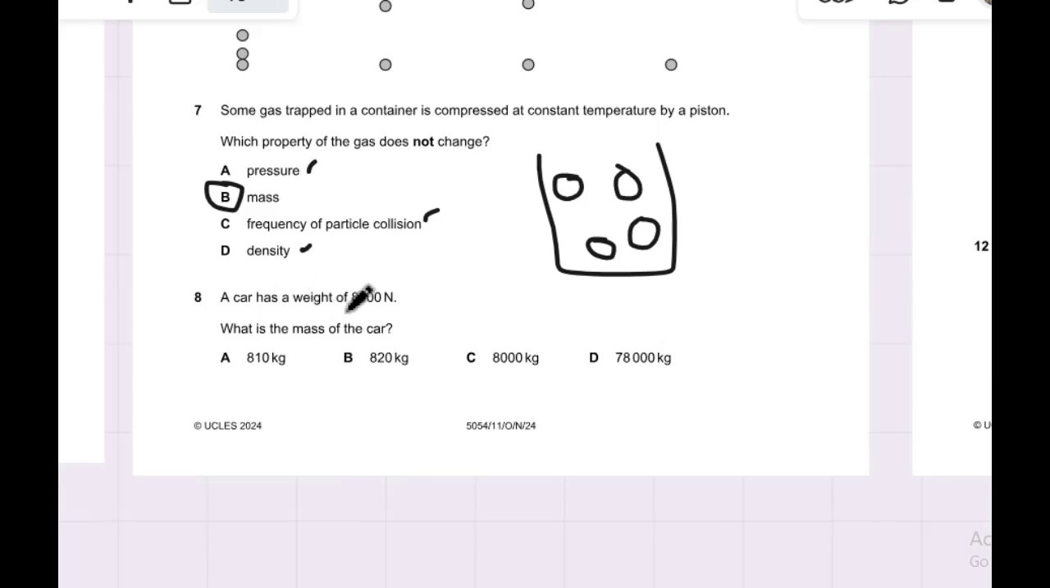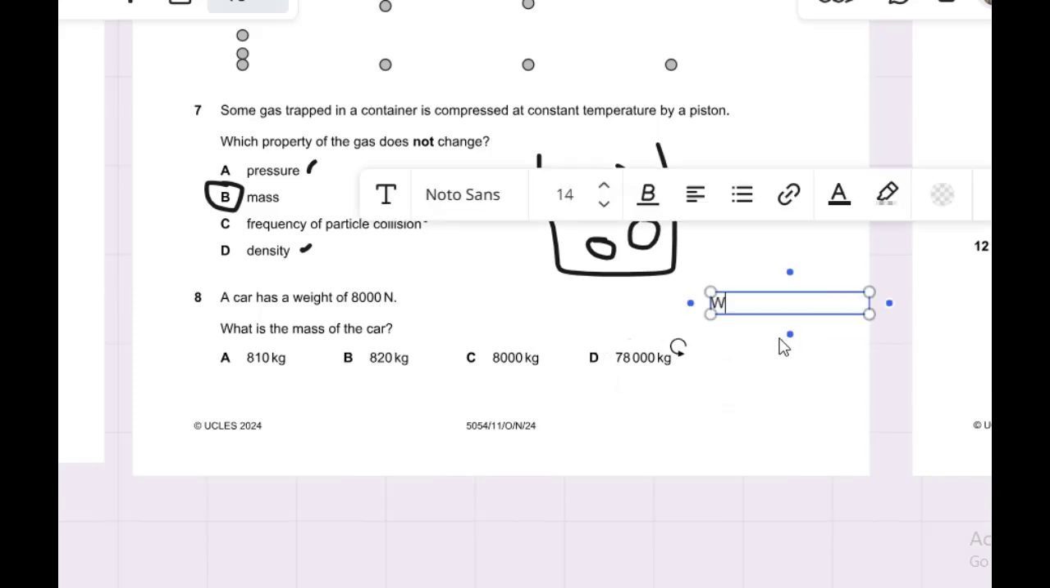Question 8. A car has a weight of 8,000 Newton. What is the mass of the car? So this is a pretty easy question. 8,000 Newton is the weight of the car, and weight is equal to mass multiplied by gravity. So weight is 8,000 and the gravity should be taken as 9.8 as we had seen before, and therefore the mass will be